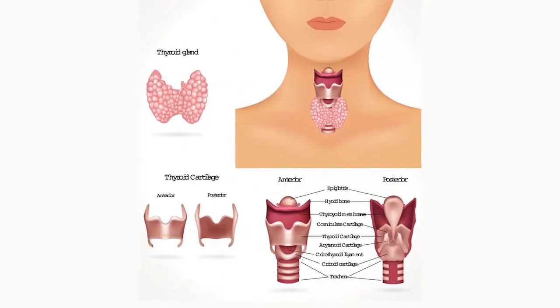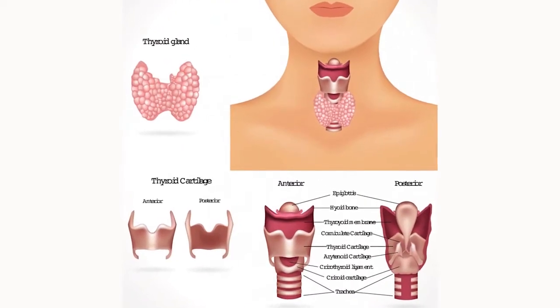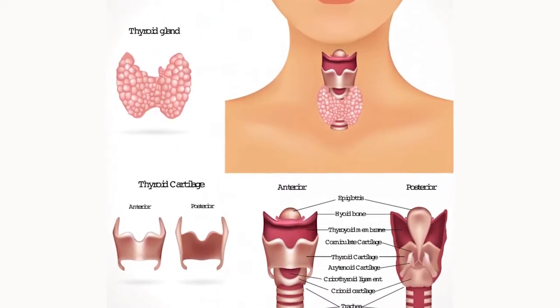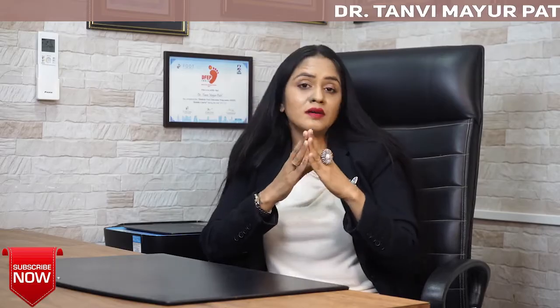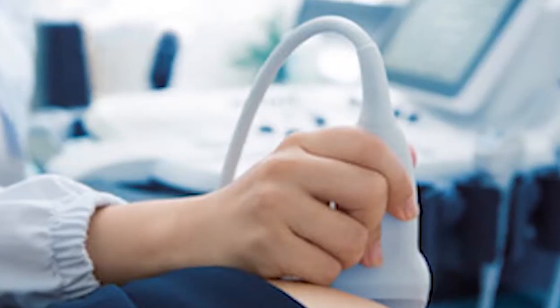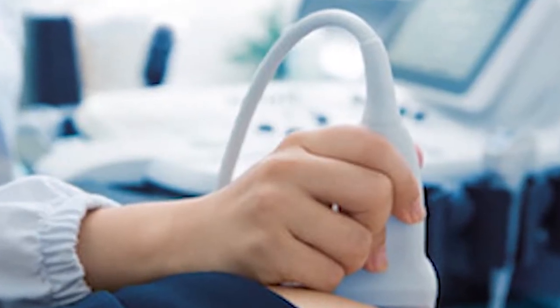Along with the scan of your thyroid gland, we also want to see the other associated areas, especially the lymph nodes. What is the status of the lymph nodes? Are your lymph nodes enlarged or smaller in size? That also we can find out. After doing the sonography, again it depends from individual to individual.